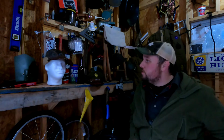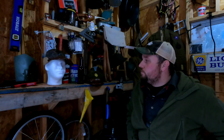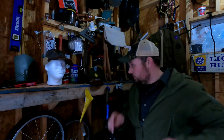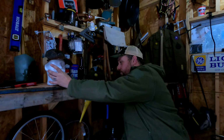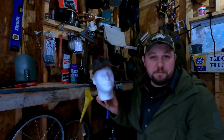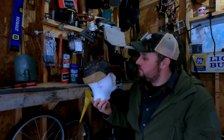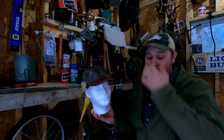Now, let's get on to the masterpiece here. This one I am so excited about. I couldn't contain myself when I saw it. I had to buy it. And there's nothing really, I don't know, we're just gonna talk about it. I got Frank here wearing it. Frank models it better than me because, again, it doesn't fit me. This right here,